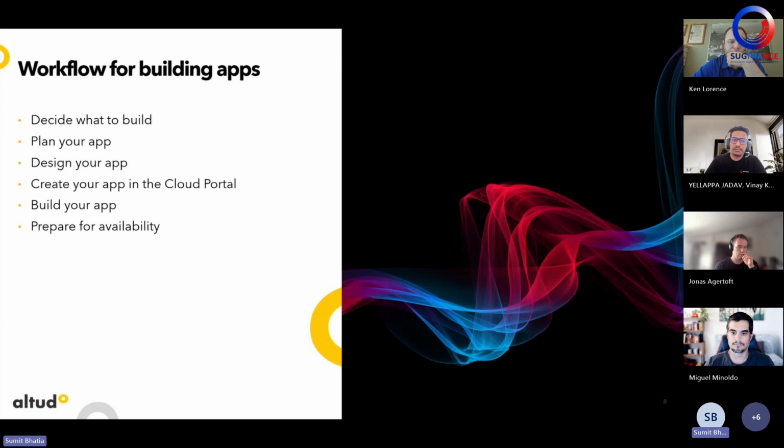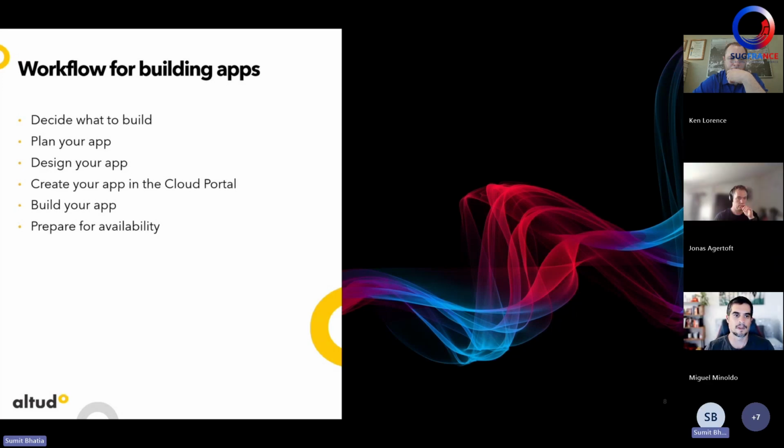Then design your app. After planning, we go to the design and development phase. Create it in the cloud portal. The application is first registered with the Sitecore portal, and then you create the app configuration and the development setup with your Next.js app, and build your app.